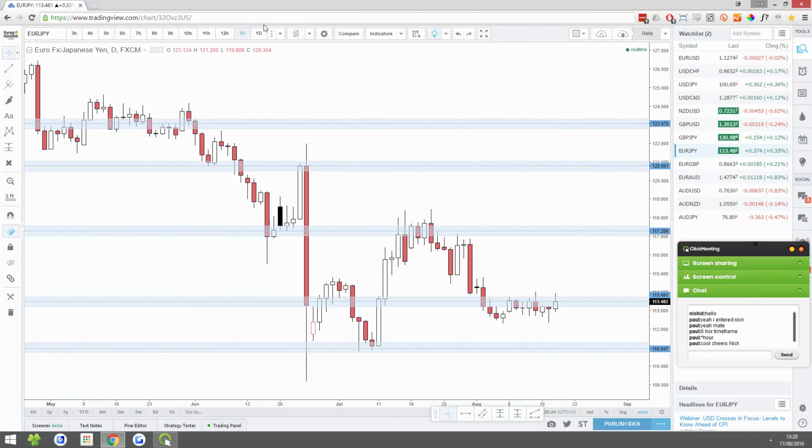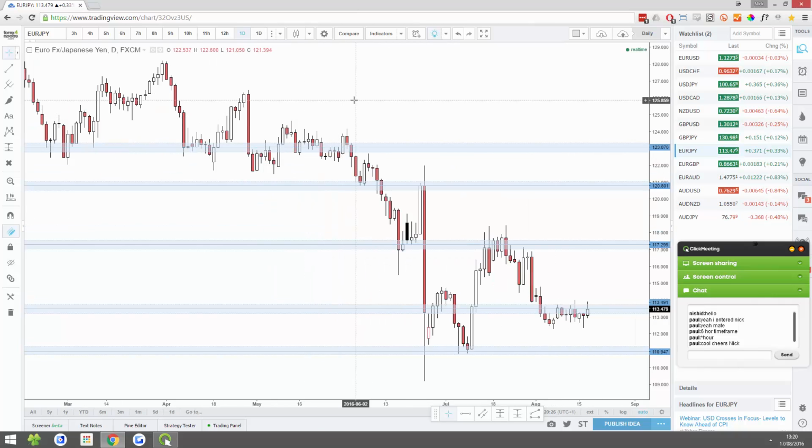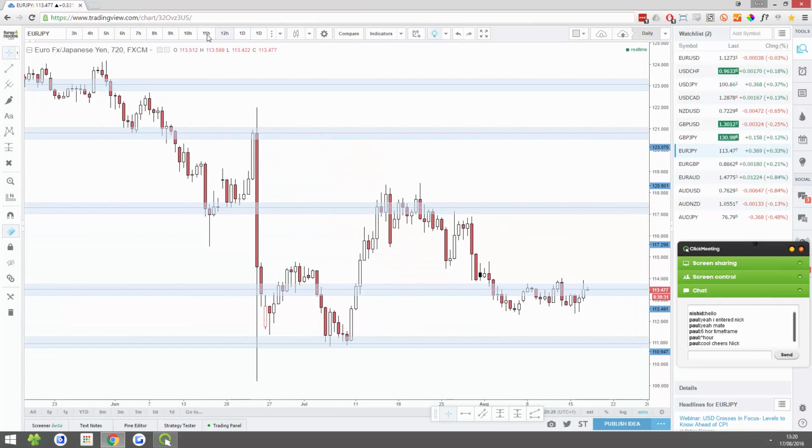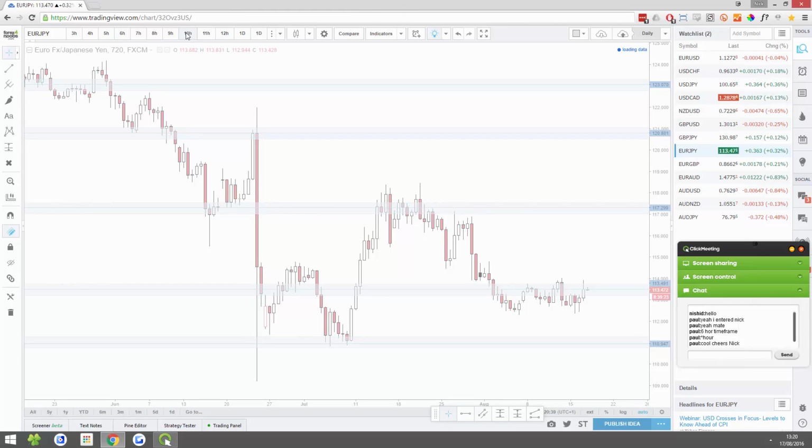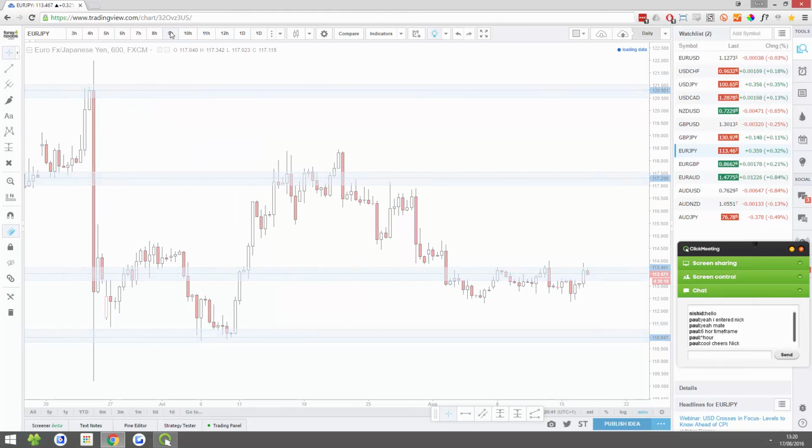All right, EURJPY on the daily. Yeah, we're not going to get a setup here. It's gone into a very, very tight range. Tight ranges like this aren't necessarily a bad thing. But for me personally, it's not something I trade. Whenever I see a tight range like that,